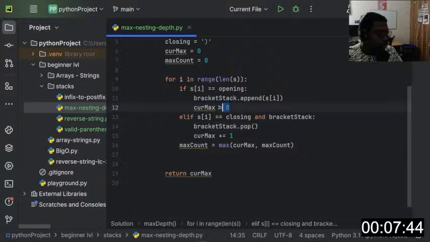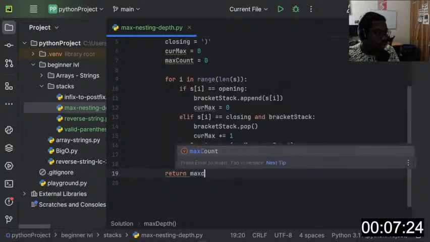Because when we set this to 0, right, current max, so let's say we have like 2, right, so this increased by 2, and the next time this will be 2, but each time we want the max count to be of a certain value in the iteration. Yeah, I think we can return max count now,